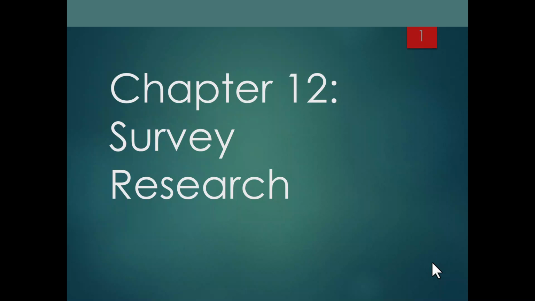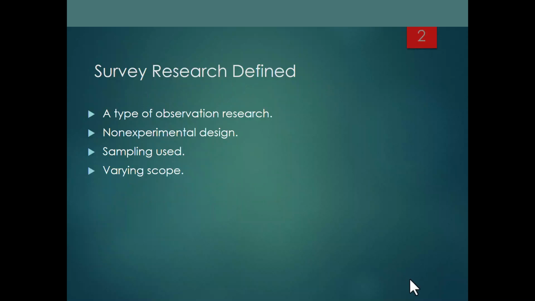Class. So this week we're covering Chapter 12, Survey Research. Survey research is based on asking respondents a series of questions and gathering information about their opinions, behaviors, attitudes, and beliefs. So when using non-experimental design, survey research does not involve any manipulation of the independent variable by the researcher. So the researcher does not have to manipulate the independent variable when they use a survey design in the